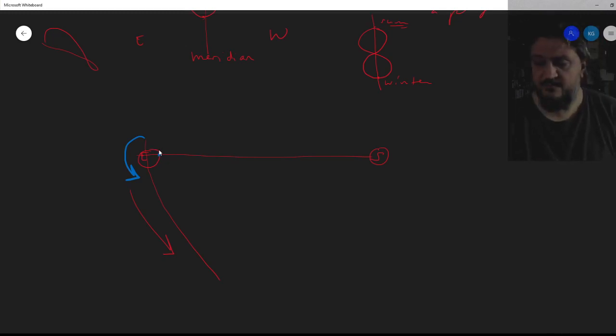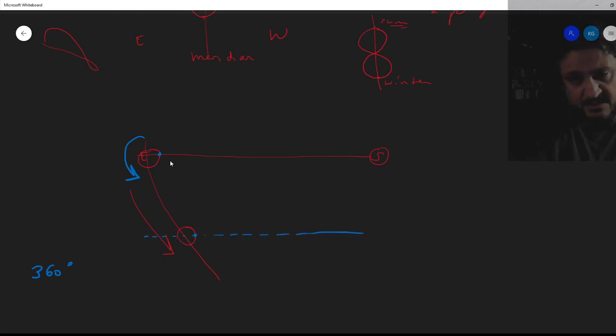Now, if the Earth rotates, and one day is one full revolution, we think, but it's not. Okay, one full revolution is not one day. It is actually less than a day. Why? It's very simple actually. A 360-degree turn would bring that dot to here again, right? So imagine a line here which is parallel to this line.